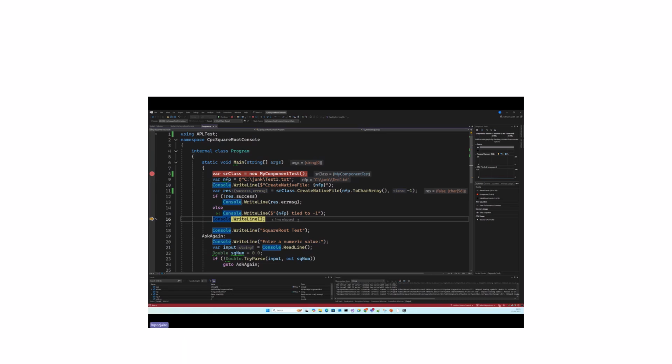Great. If I try to calculate the square root of -2, I'm going to get a domain error back. And when I'm ready to finish,